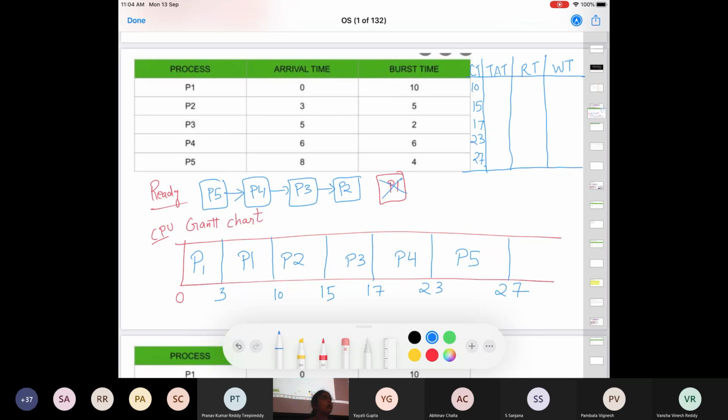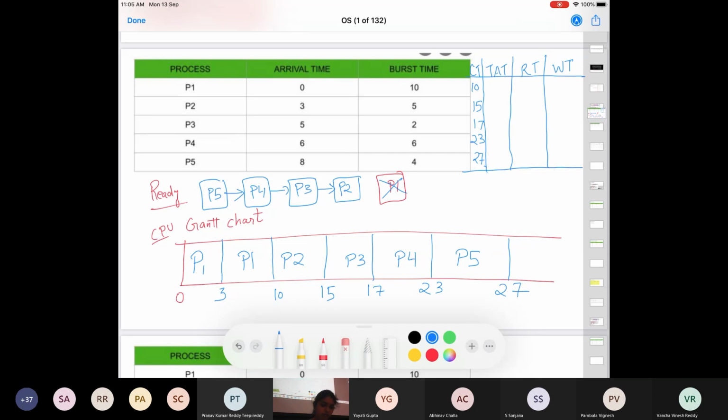Okay, coming to the turnaround time. So what was turnaround time? Yes, similar to that. So turnaround time is the total time taken by a process here. So the time from its arrival to the time it has terminated. So this entire time is the life cycle of the process, how long it lived. So that is turnaround time.